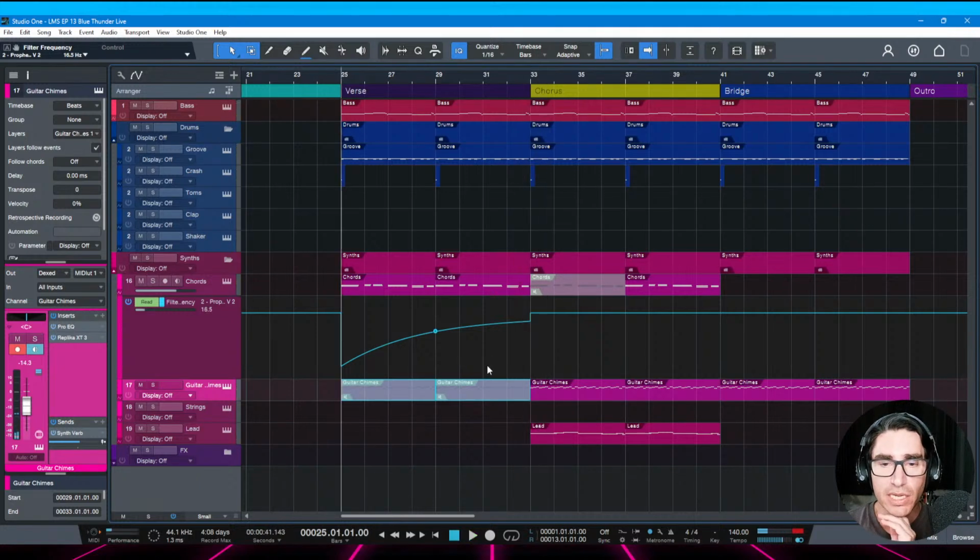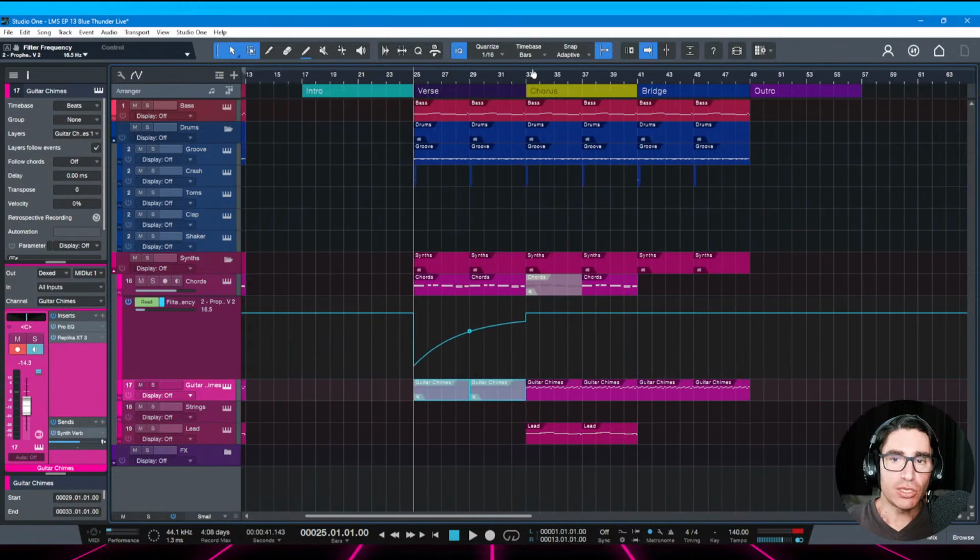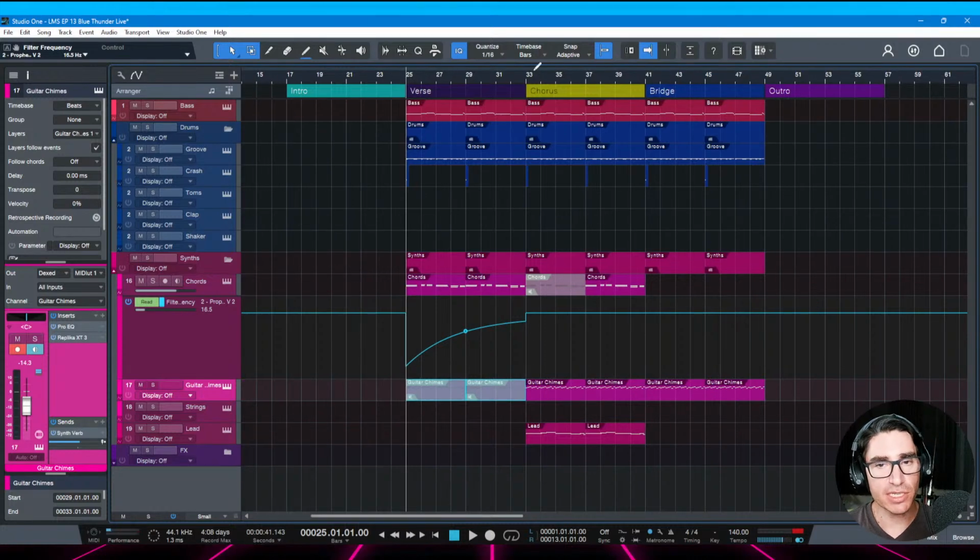And these are the kinds of arrangement decisions and choices that can make a difference between a track that's boring and a track that's engaging. There's no right or wrong way to do this, but certainly you have to figure out a way to always keep the listener interested by adding something, taking something away, changing something up, right? So ultimately, once you look at your arrangement from a 30,000-foot view, it's got to look like